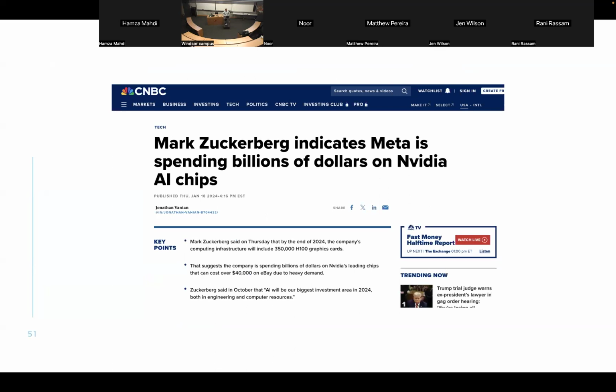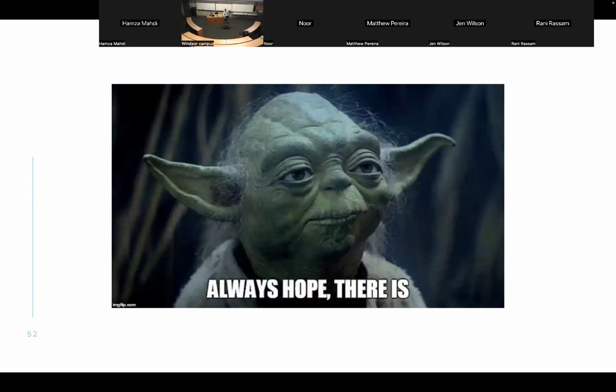Meta, so Facebook, came out and bought billions of dollars of NVIDIA chips a couple of months ago, and it skyrocketed NVIDIA's stock. But essentially, that's the scale you want to be at. That's the financial ability you want to have to be able to actually make useful AIs. And this is very scary, because that means in the future, mega corporations will be able to train those AIs and lock them behind a paywall, or lock them where you can't really use them. And they can use them to influence society. But there's always hope.